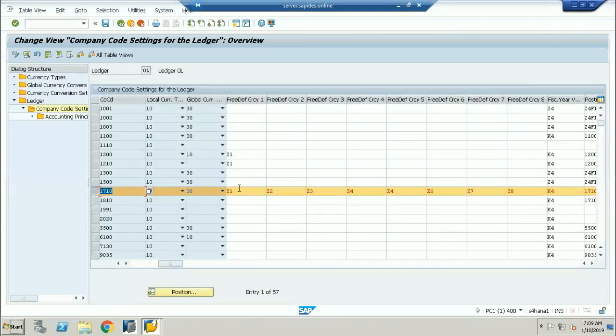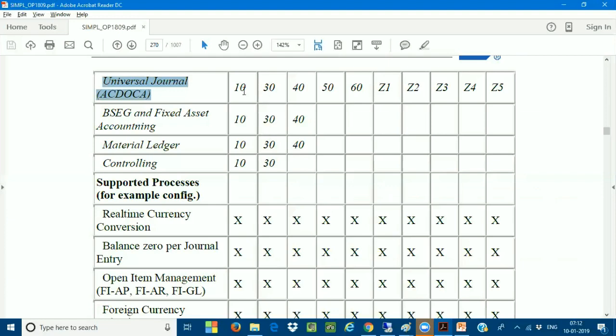If no currencies are available, for example, if I have not assigned any currency types over here and all are vacant, only 2 currencies are getting updated. One is 10, another one is 30, which is called the global currency. So the universal general entry table gets posted to all the currency types which you have defined in that table.